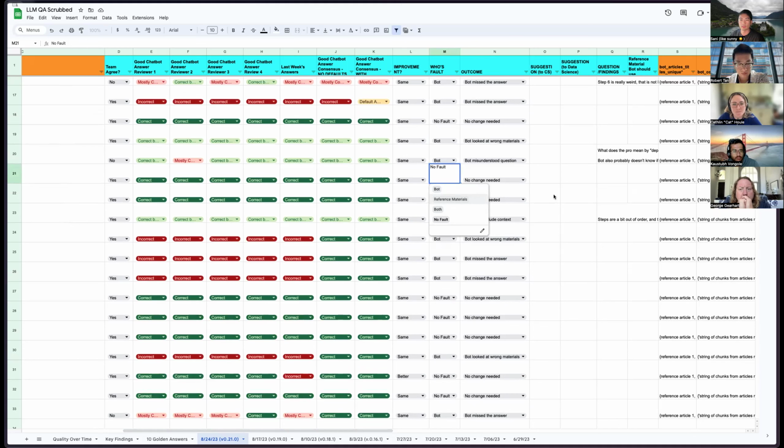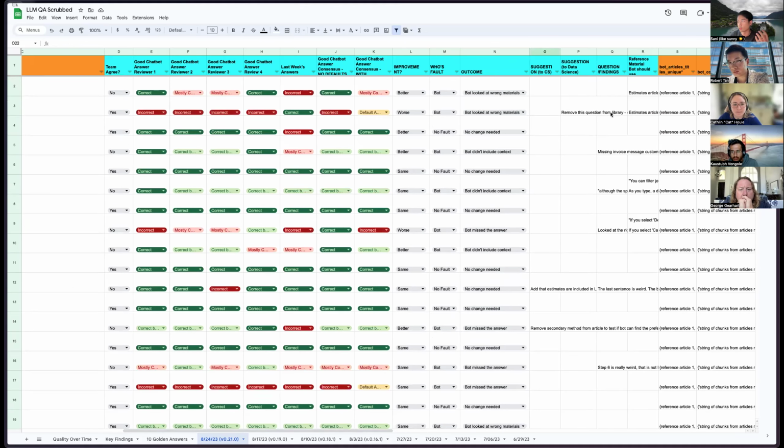The bot doesn't know that the help articles are wrong. It just assumes the help articles are right. So we knew we had to go update the help articles. And we also knew which articles were referenced, and here's a bunch of text from the help articles that it used. So we did that